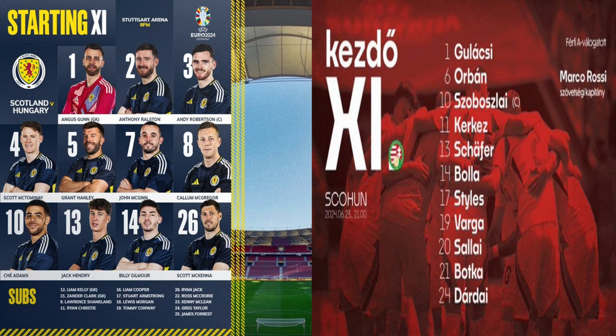Throw in taken by Ralston into Gilmour. Gilmour tries to get the cross in, it breaks back to Ralston, who manages to get it to Hendry. Hendry goes down, claiming there was a high boot there. It was very similar to one that was given against Scotland in the first half, but this time the referee allows play to continue. High in the air from the Hungarian defender, but it's nicked on to the halfway line